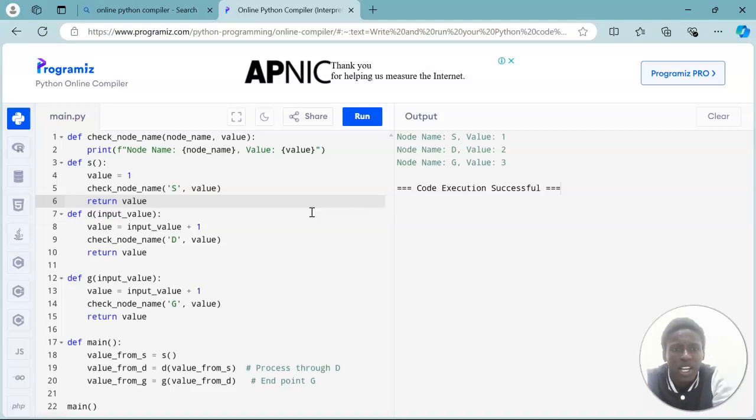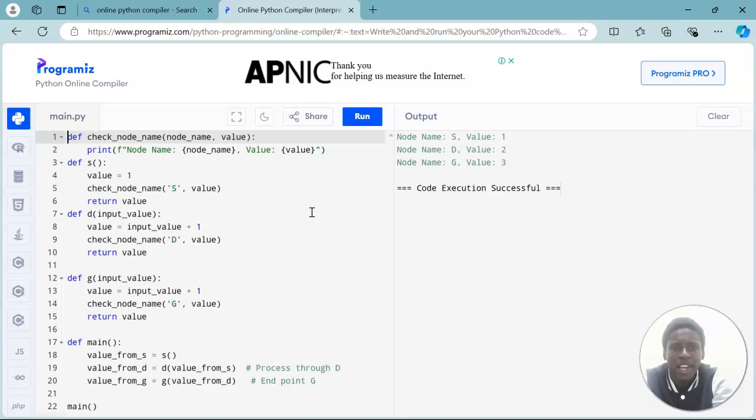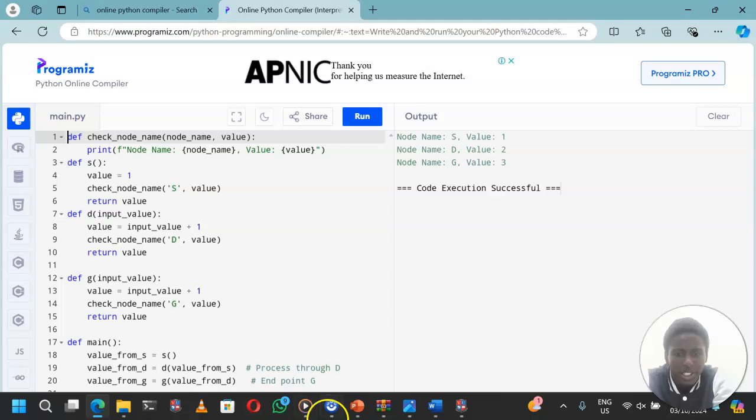Our starting point, which is S, has 1 as value, and it returns the value, which is 1. Also the node name, which is S, and so on. So this is all about BFS and GFS. As we are summing up our work,